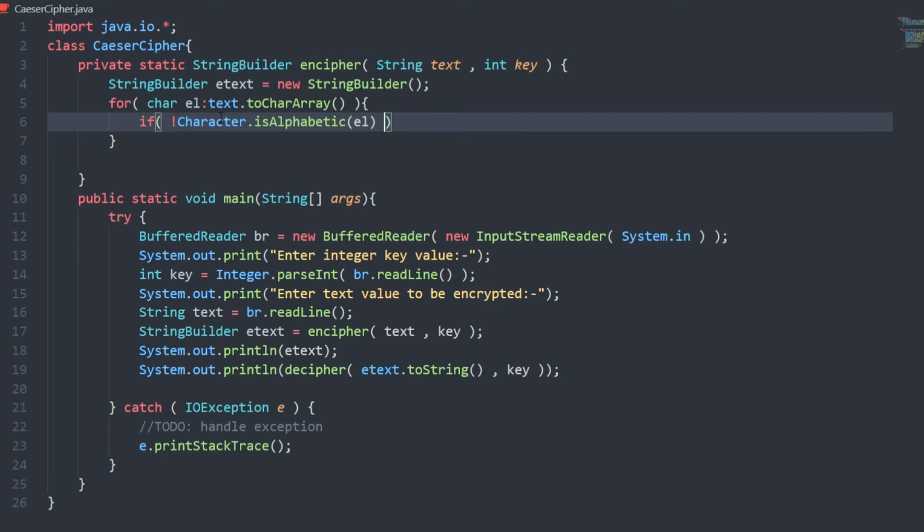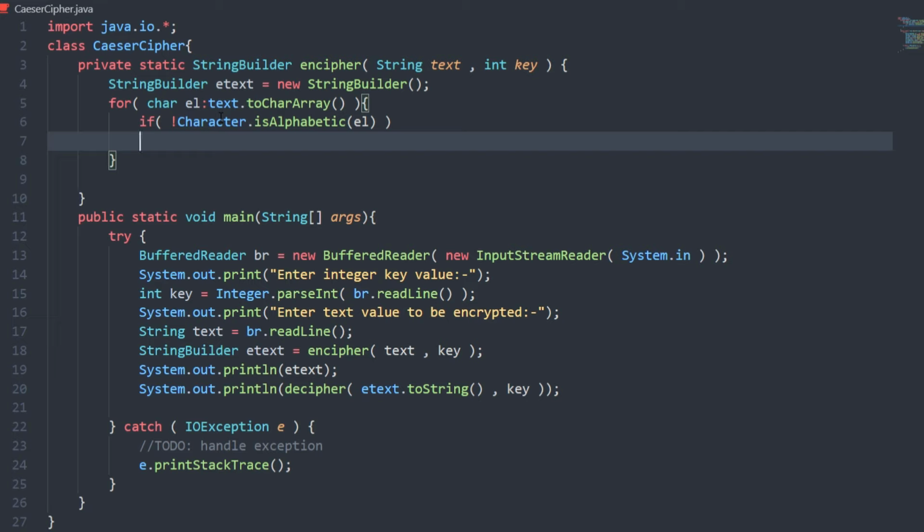So if a character is not alphabetic, like we could have spaces, or maybe we could have some other characters like tabs or maybe new line characters, if we have those characters, we will just simply append them into our e-text, append element.